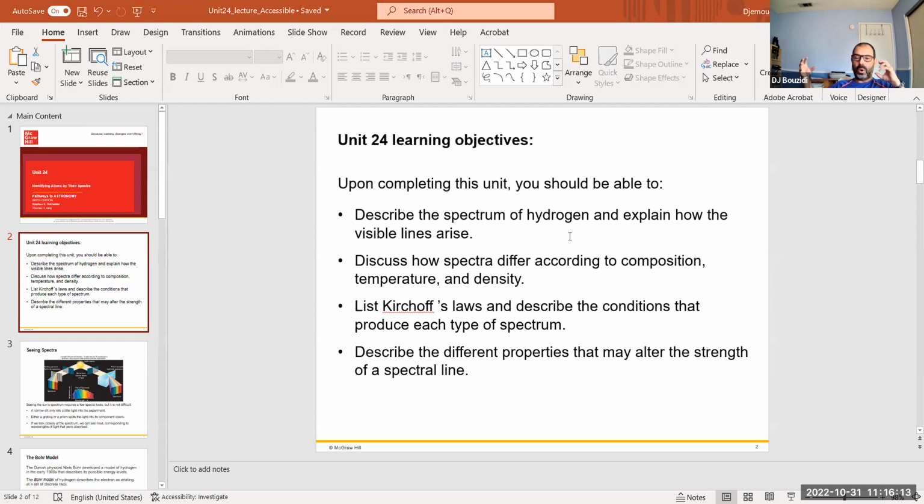We're expecting the light to be all of it. We're expecting all of the frequencies to be shown, but we will see that there are certain lines missing. Why? Because there is a gas that exists between us and the source, and that gas has absorbed some of that light. So the spectrum is called an absorption spectrum,